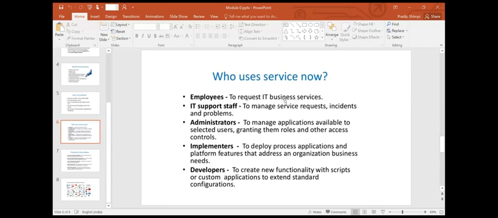They could be from HR, they could be from finance. Whatever problem they face, they raise a ticket or a service request through the requester console. The IT staff will work on it, and the application will work as per the way the administrator has configured it. So these are the different roles. Maybe you are more interested in the first and second role, the person who uses the application and the person who manages requests, incidents and problems. All right,